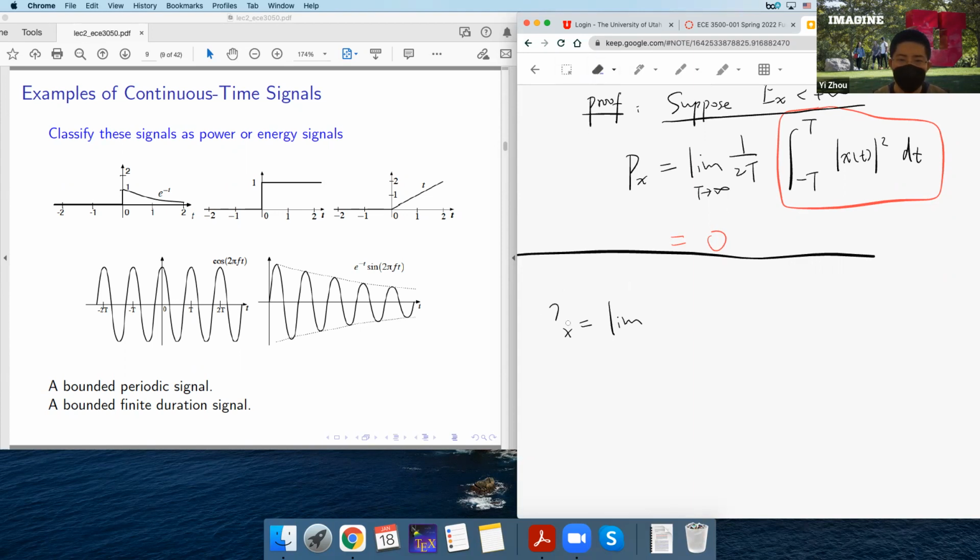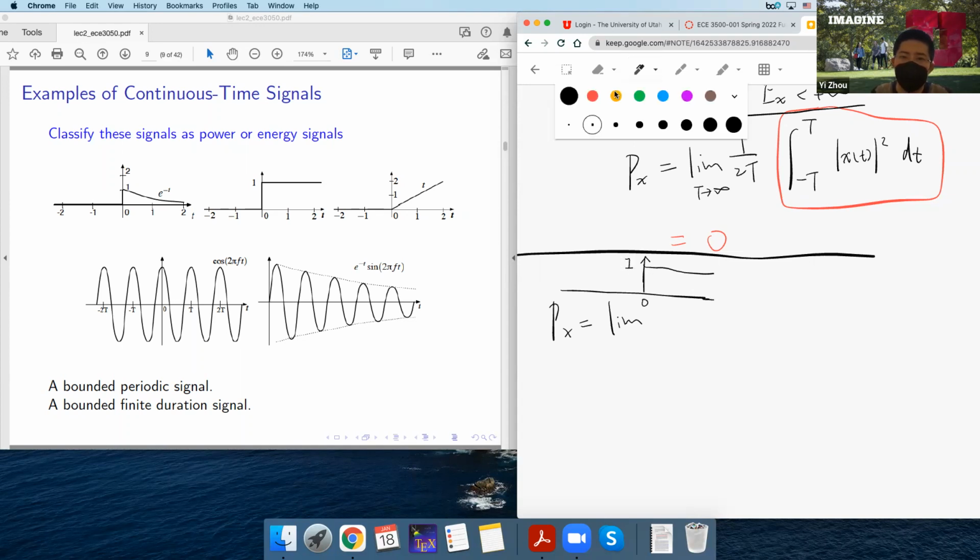Here's the thing, let me first draw a graph to help me. I will look at the interval from negative T to T. So the power is the limit